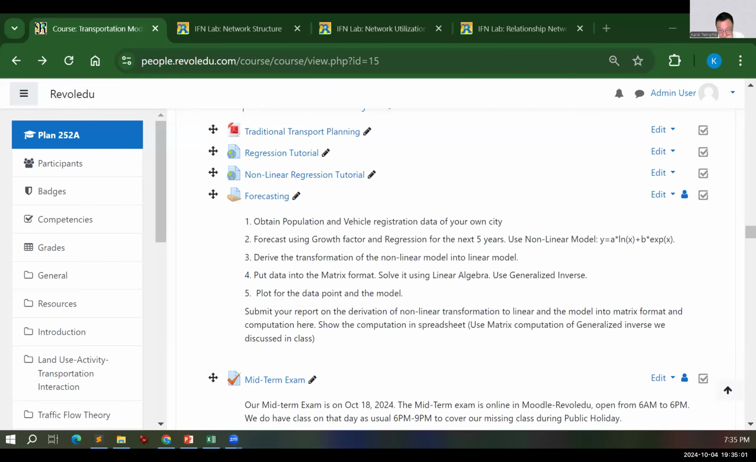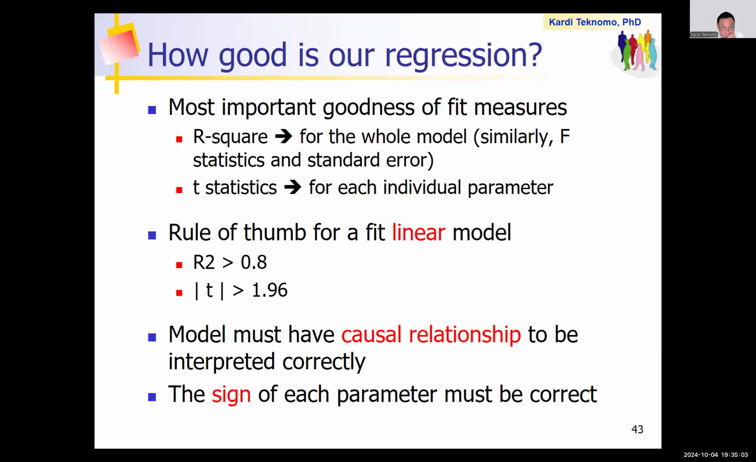Let's go to the goodness of fit first. Share screen. My screen. Okay, so the three things that you can measure. Okay,